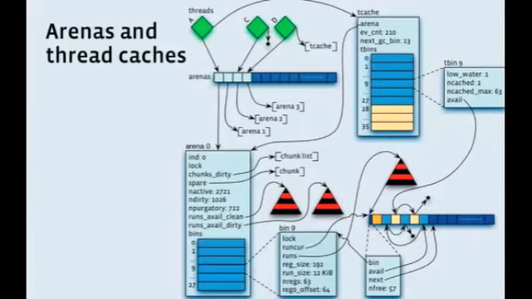Supposing that the available cache were empty for this size class, instead we'd have to do a bulk allocation. We'd allocate, I think it's 63 objects for this particular size class. I don't remember exactly. But we'd end up having to go into the arena. So we'd look for the appropriate bin, which is bin 9, lock that bin, and then look in a red-black tree to find the lowest run in memory for this arena that has available space in